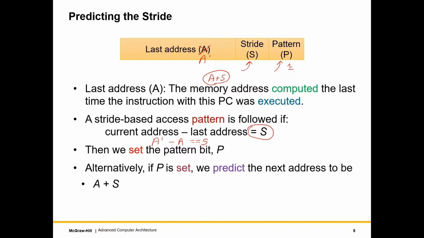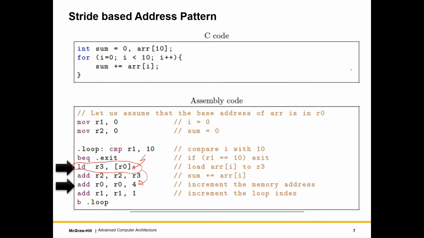So if this is the 1 bit, from 1 we can convert it to 0, or this can also be a saturating counter. It is important to understand that a saturating counter is a generic mechanism which is not just limited to branches, right? Clearly not. So for example, if I were to consider the code that is shown here in slide number 7,